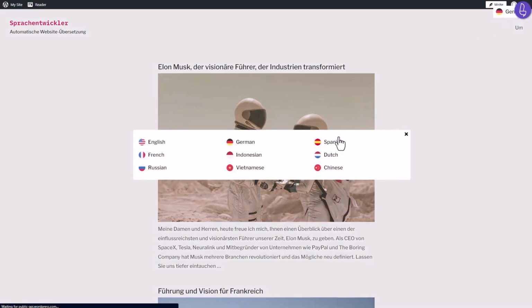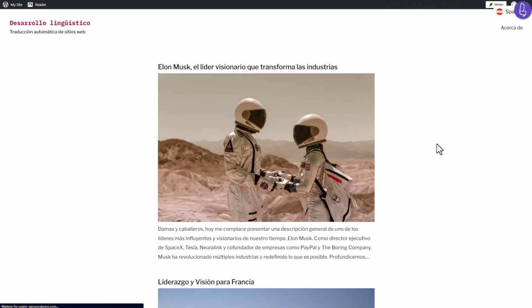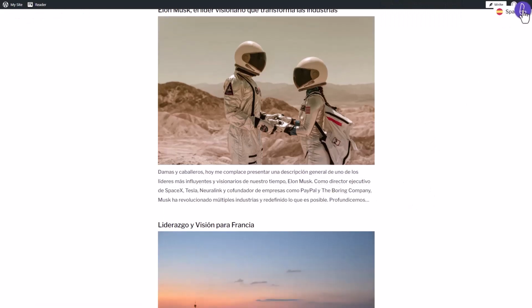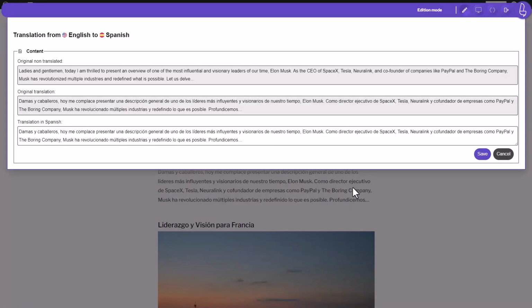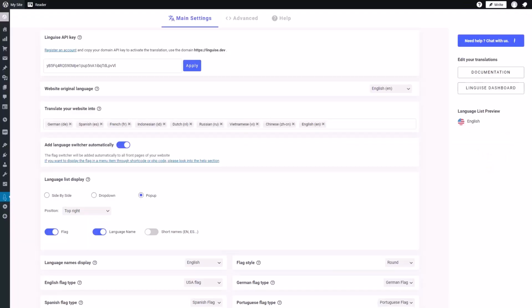But that's not all, it also offers a live editor that allows you to directly edit the translations. Imagine being able to tweak your website content right in front of your eyes. It's incredibly convenient. In this video, we'll cover everything you need to know about Linguise, from installation on your WordPress.com site,